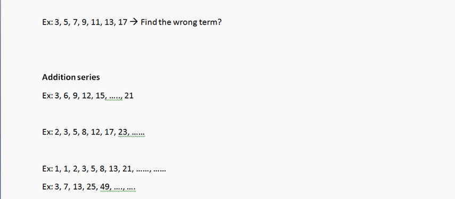I hope that you have done it. It's again easy. So it's 2 plus 1, right? 3. 3 plus 2 is 5. 5 plus 3 is 8. 8 plus 4 is 12. 12 plus 5 is 17. 17 plus 6 is 23. Then it has to be 23 plus 7, which is 30. So we are adding a digit which is higher than the previous one, which is added to the previous term, right? So this is 30.